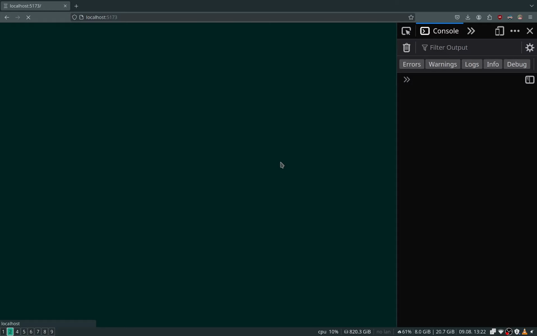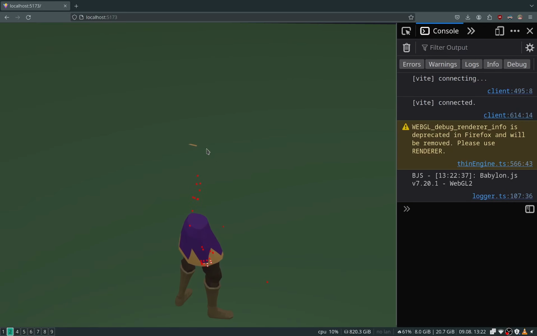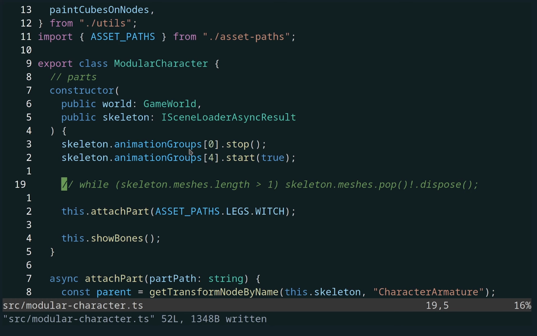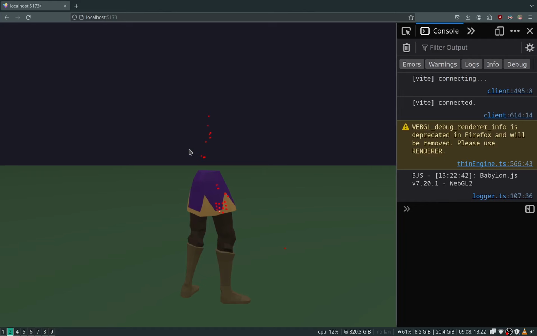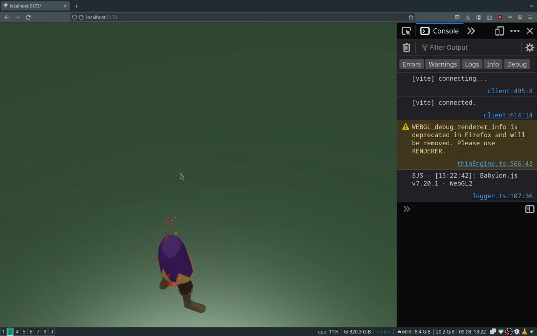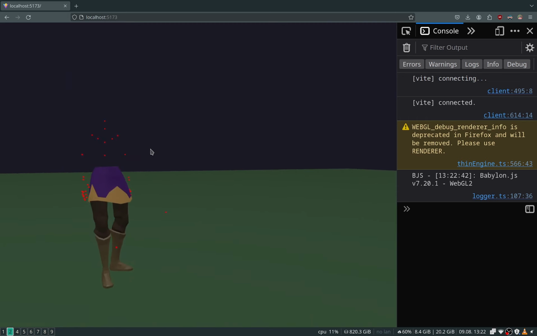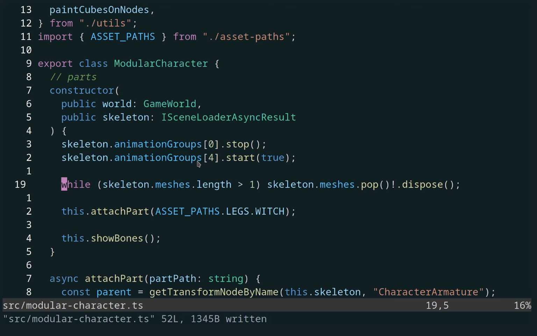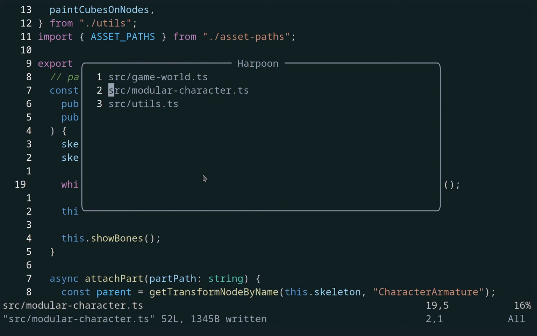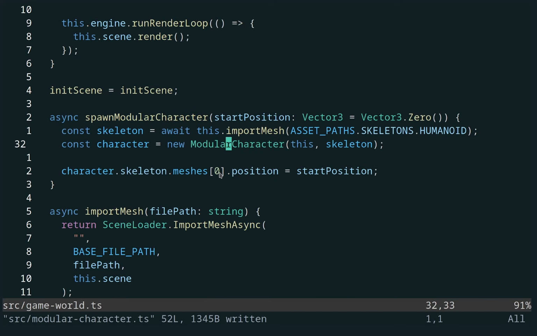And if we take it away, that thing is there. So we'll leave that like that. And now we won't be rendering unnecessary meshes, and also it will look a lot better. I also want to put this back in the center. So let's go to the game world and